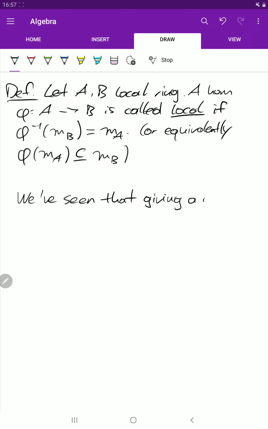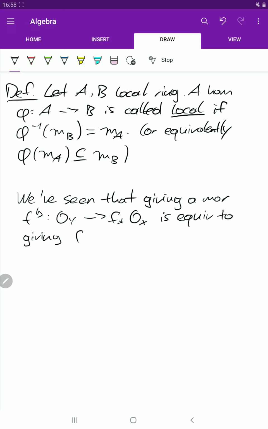So in the case of a ringed space, we have this map from O_Y into the direct image of O_X, but that's equivalent to giving another morphism. So this is now a morphism of sheaves on X from the inverse image of O_Y to O_X.